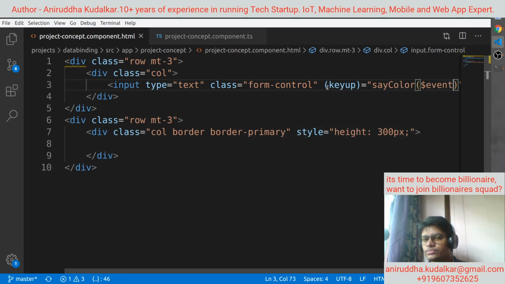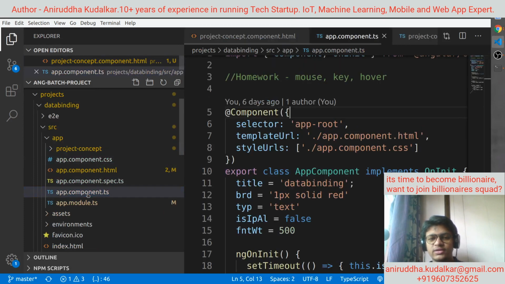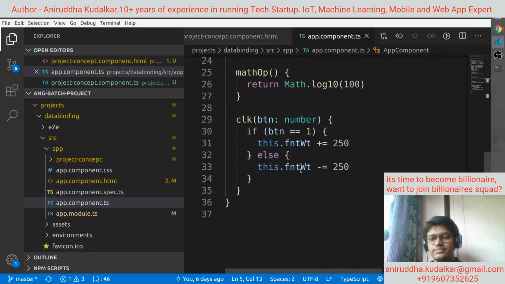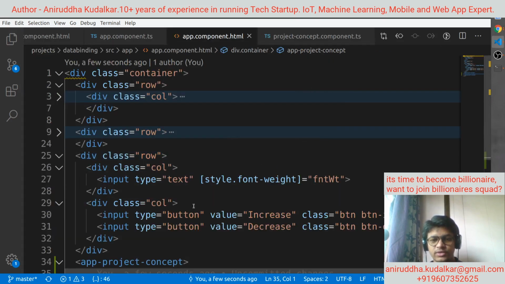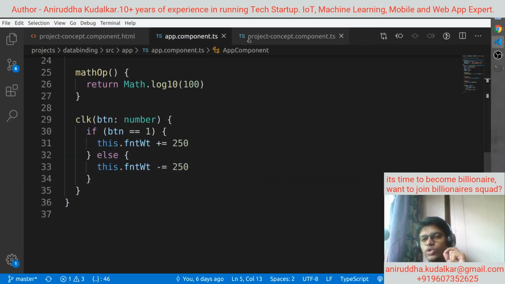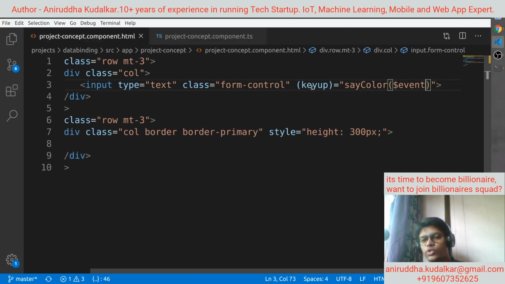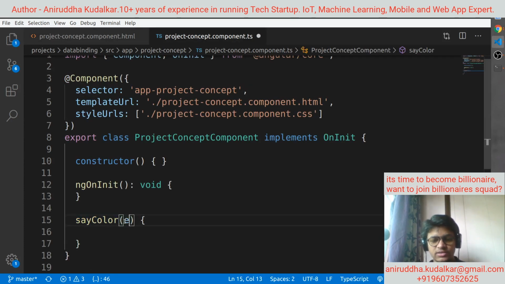Remember that whenever Angular, even to the on click, the $event, if you want to get the event metadata. If you go here, you have a button, right? CLK1 and CLK2 we have written here. What do you mean by event metadata? Who is the source? Who is the target? When was the event generated? Who is the parent element? All such things if you want to capture, Angular says that just pass